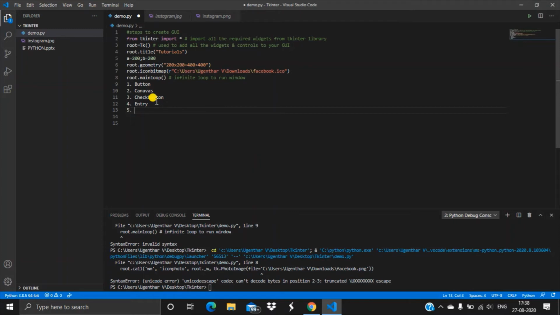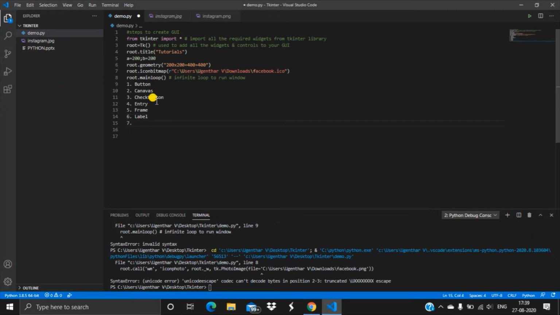And the next is Frame. This is used to give characteristics to the frame of the Tkinter window. This is the application of the frame. The next widget is Label. From the name itself, you can understand it is used to give a label to the window, like a username label and the entry box, and a password label and the password entry box.